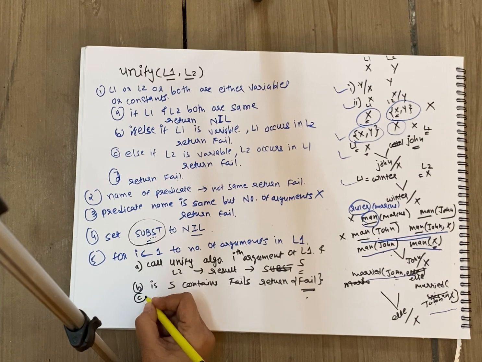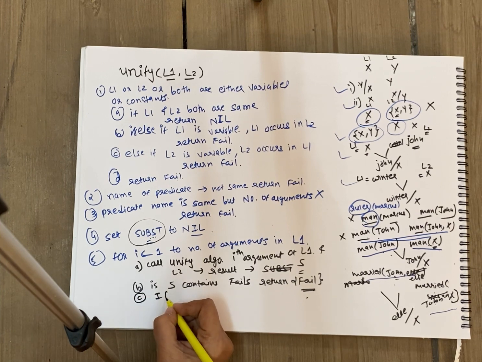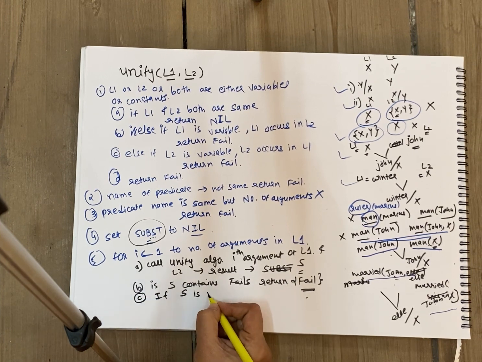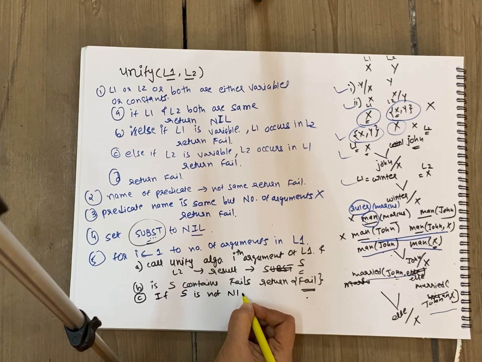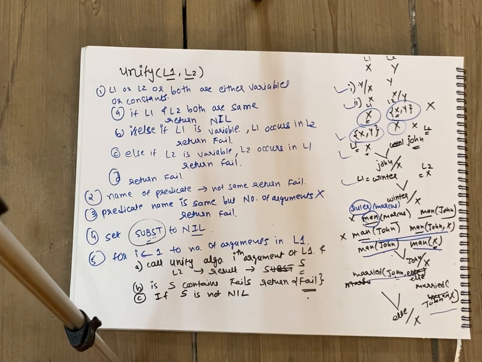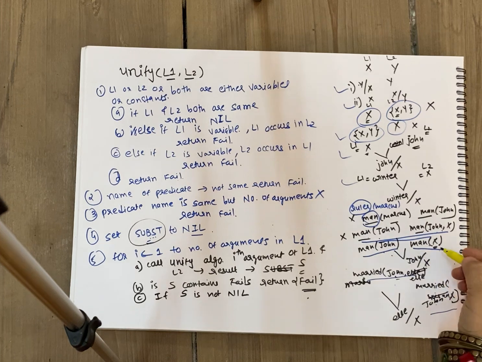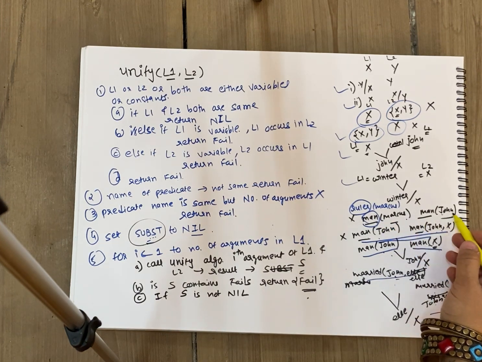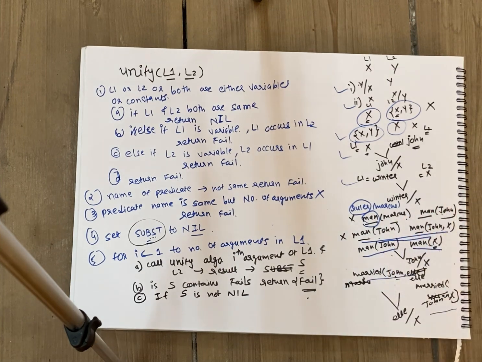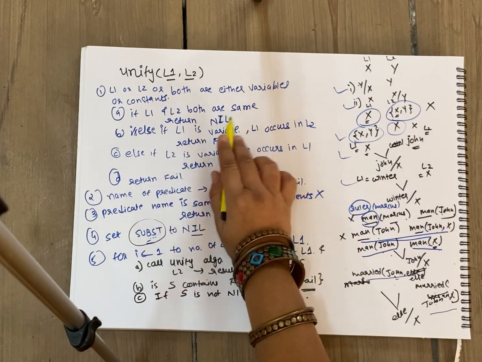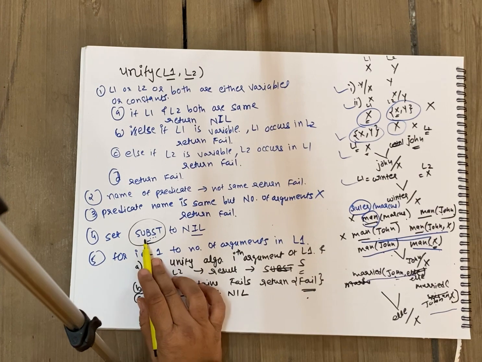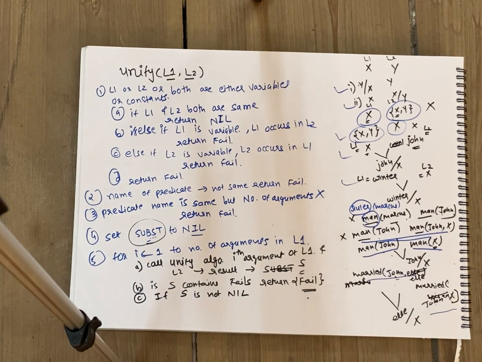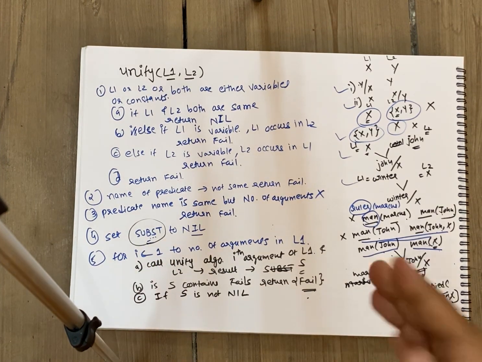If that is not the case, then what are we going to do? If S is not nil, when will S contain nil? S will contain nil when each and every argument is matching. Means you are checking with man Marcus and man Marcus. Then Marcus and Marcus both are going to be same, and hence it will return identical, means nil. So when subset contains nil, then there is no replacement needed.